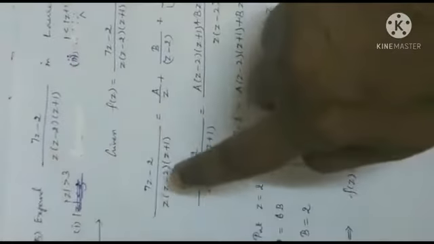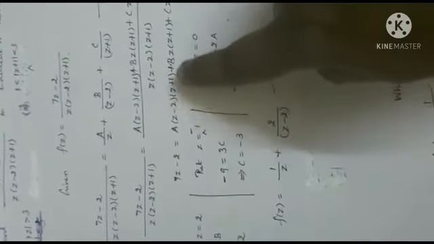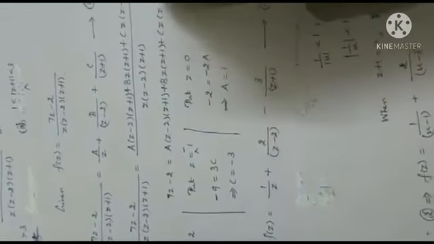Let us see the fifth problem by Laurent series. There are 2 subdivisions, mod z greater than 3 and the other one. Take f of z. Do it by the partial fraction method. All are linear factors. Take LCM. Give values to z. Put z equal to 2 so that you can get B. Put z equal to minus 1 so that the other 2 become 0, you can get C. Similarly, after getting A, B, C, substitute them in the first equation for f of z.